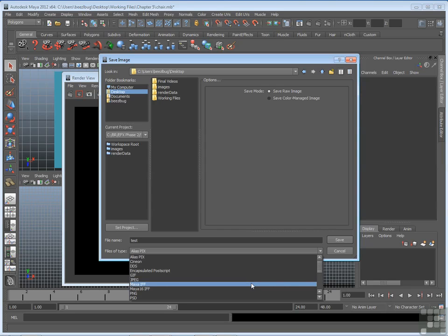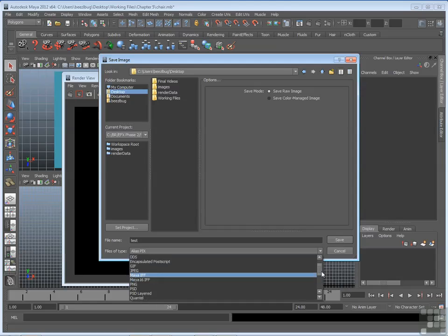To go one further, there's Maya IFF. IFF is a native Maya format that's very, very flexible. The only trouble with Maya IFF is some programs like Photoshop might not be able to read it, so it's a little bit more esoteric. Whereas JPEG is used very commonly, so pretty much every digital paint program out there can read JPEG. To go a little bit further in the list, there's PSD. PSD is a Photoshop native format. So it's great if you're going to bring something into Photoshop. To go further down the list,